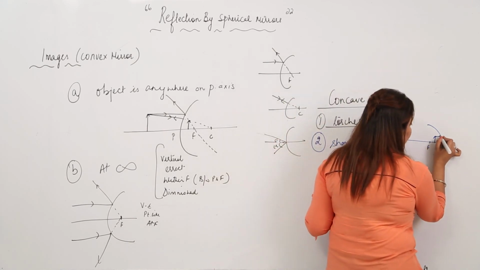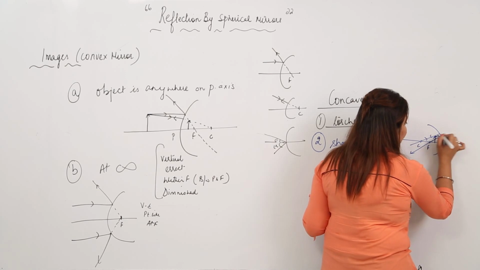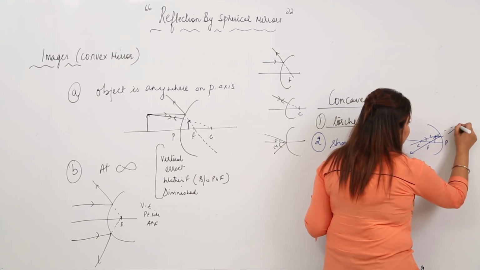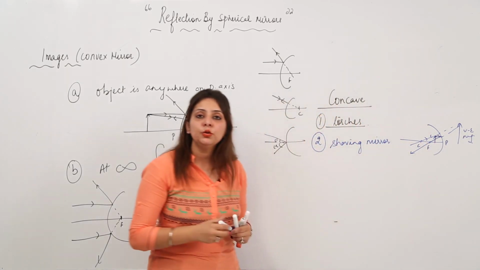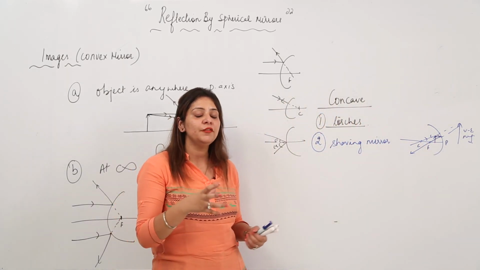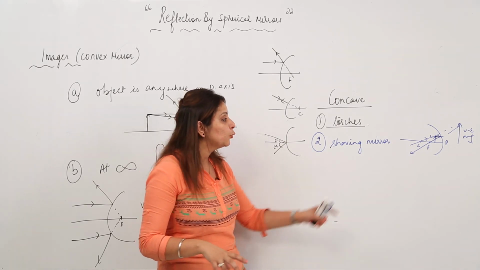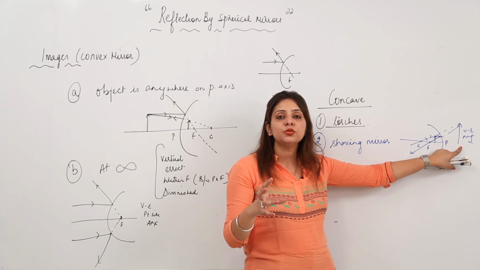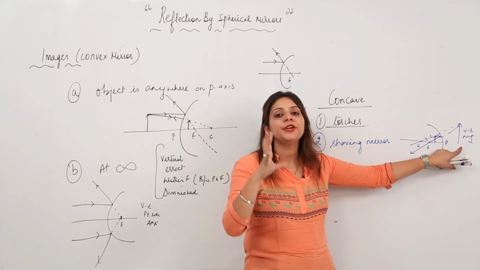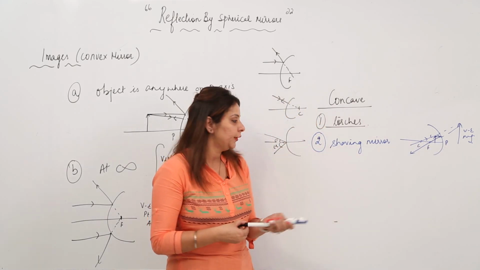So we know that I told you the ray diagram is formed like this, and the image is formed behind the mirror, and it is virtual, erect and magnified. So whenever the face is placed between pole and focus, it produces a virtual, erect and magnified image, and the person is able to see small hairs also and can shave his face properly. So that is why it is used as a shaving mirror.